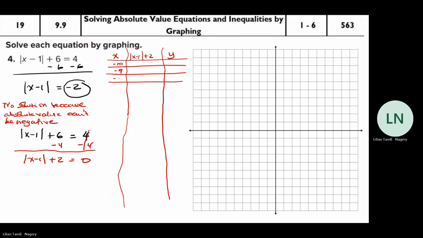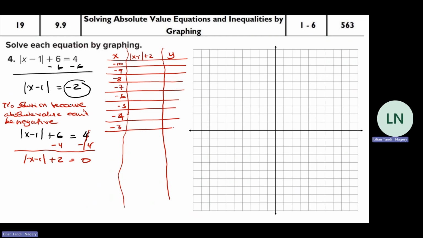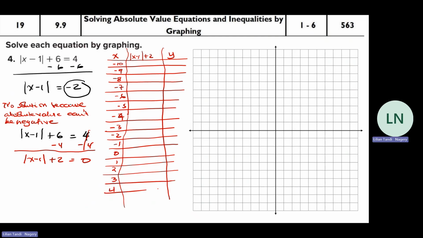-9, -8, -7, -6, -5, -4, -3, -2, -1, 0, 1, 2, 3, 4, 5,